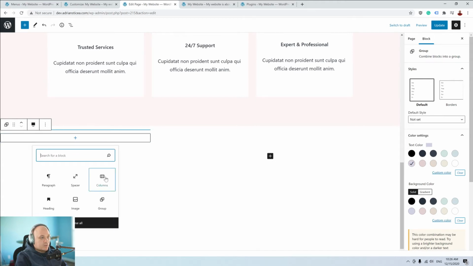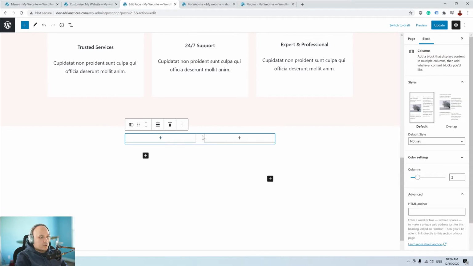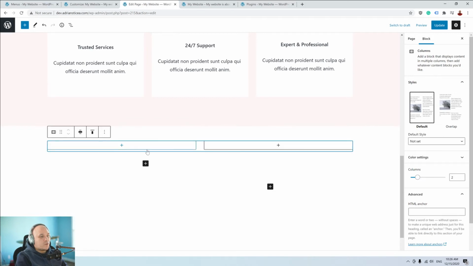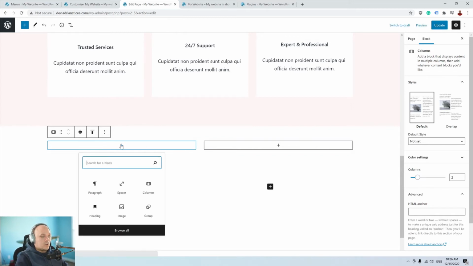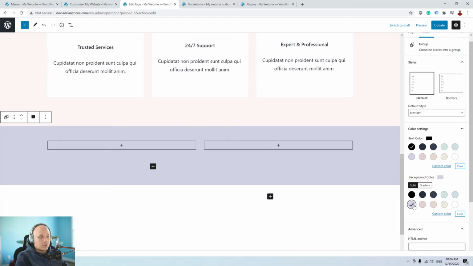and I will add some columns, 2 columns, and under columns, I will make it a bit larger, not full width, but the wide column. Here I will add an image. Oh, sorry, I think I messed this up. So the text color, I will have to leave it as is, and the background color, I will add this one. Okay,